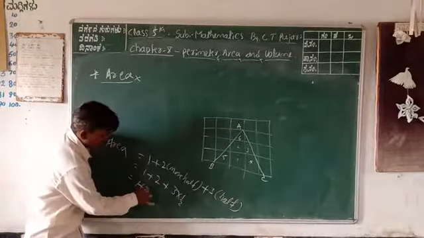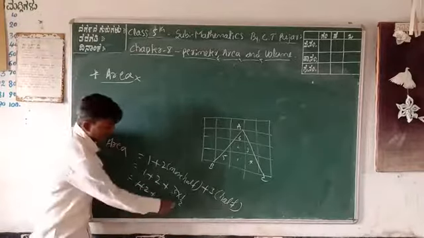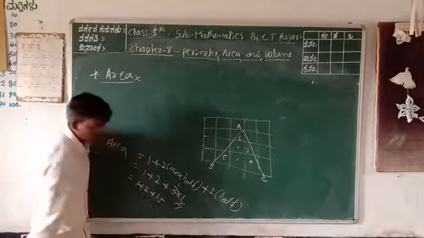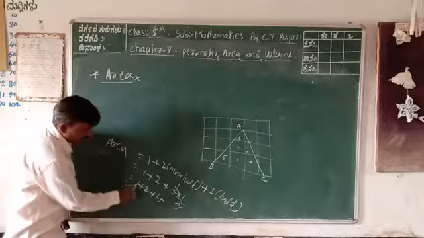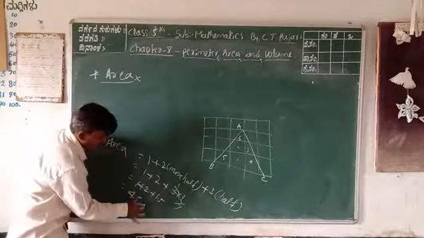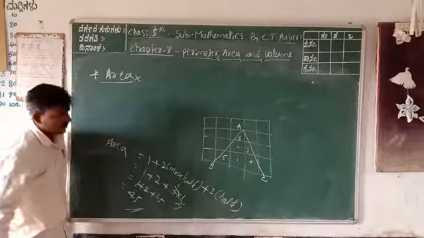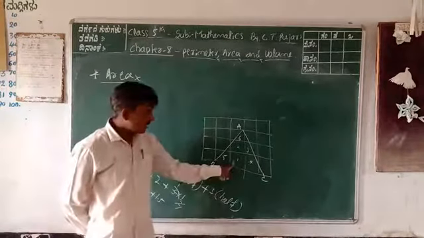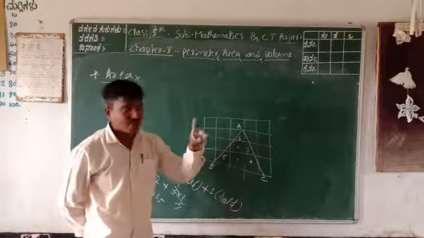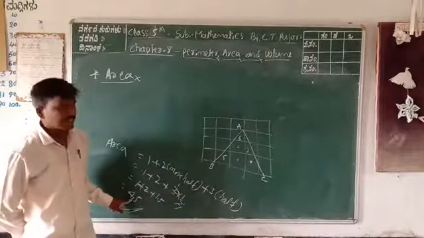Therefore, 1 plus 2 plus 3 ones are 2 under 2, 2 plus 1.5 is 1.5. That means 1 plus 2 is 3, 3 plus 1 is 4.5, the area is there. This is 4.5. 1, 2, 3. The remaining two halves make what? That is 1.5. That is, 4.5 is the area.